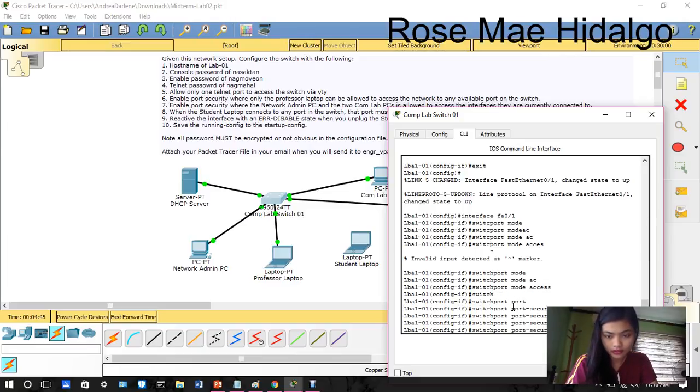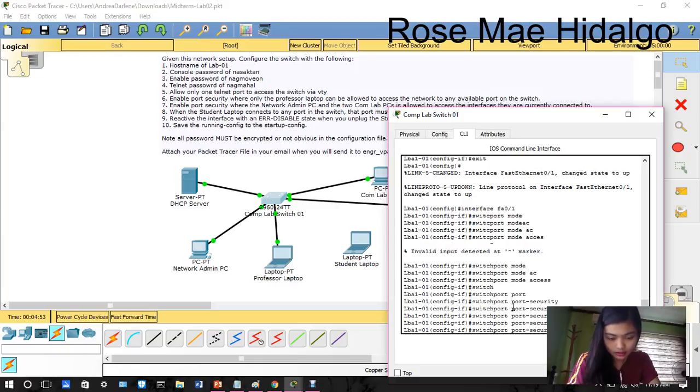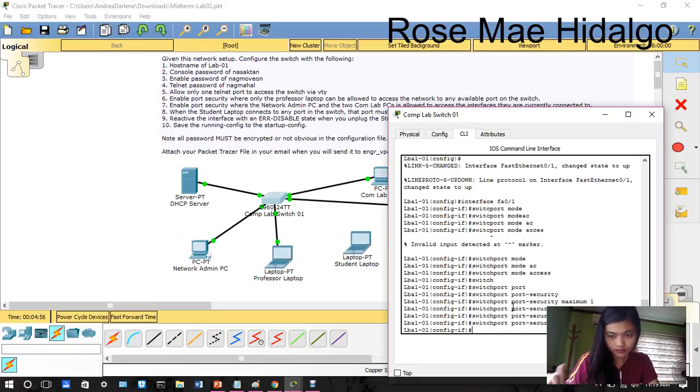So next, switchport port-security mac-address sticky. That's it. Then exit.